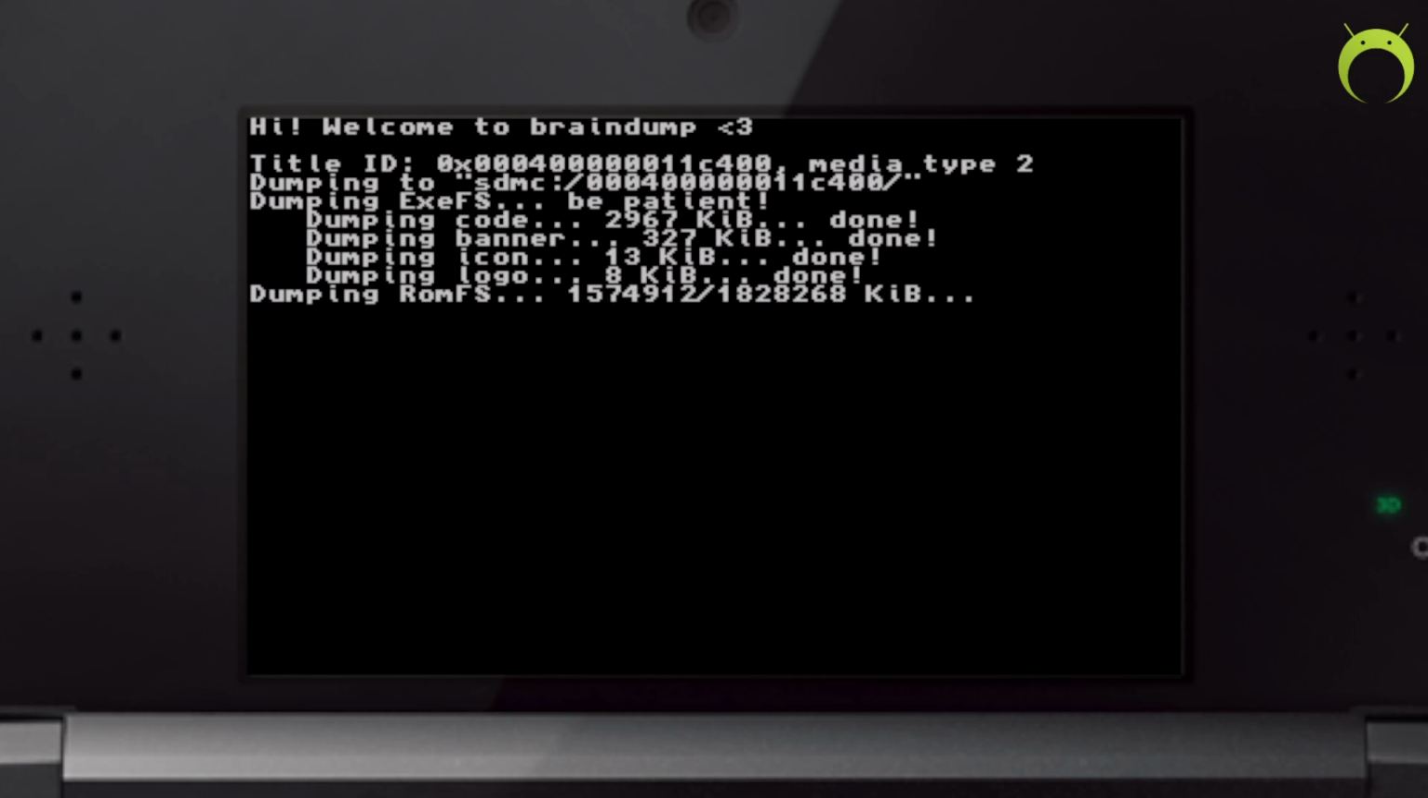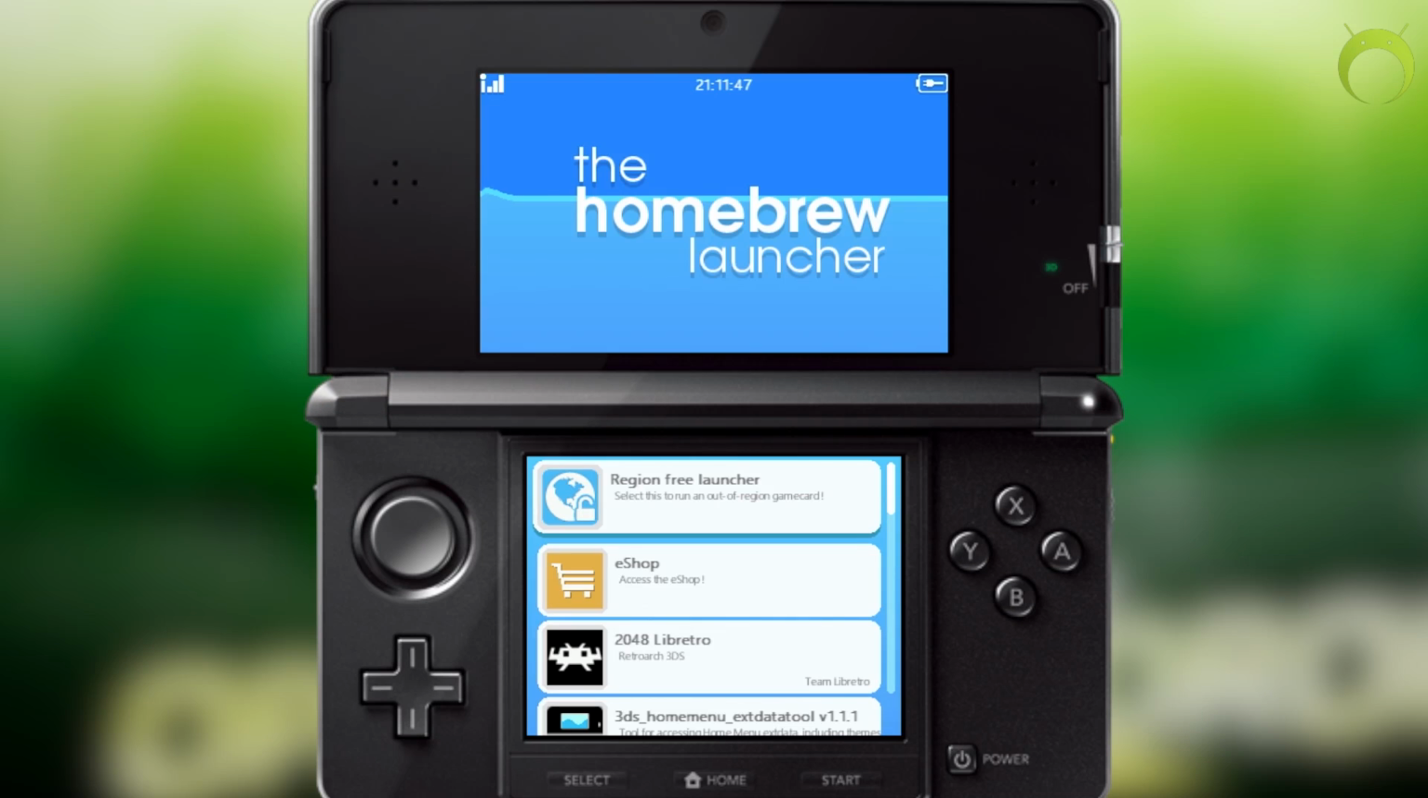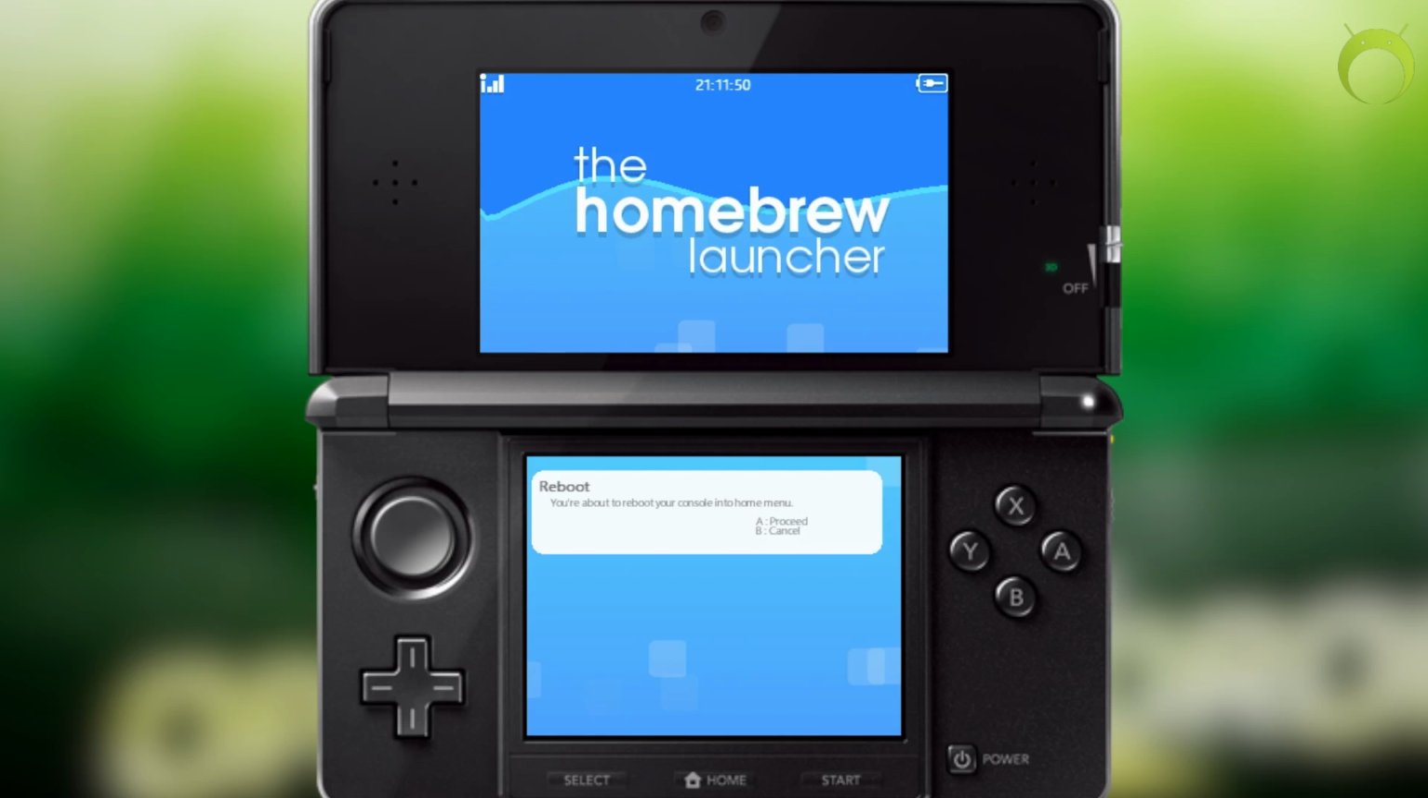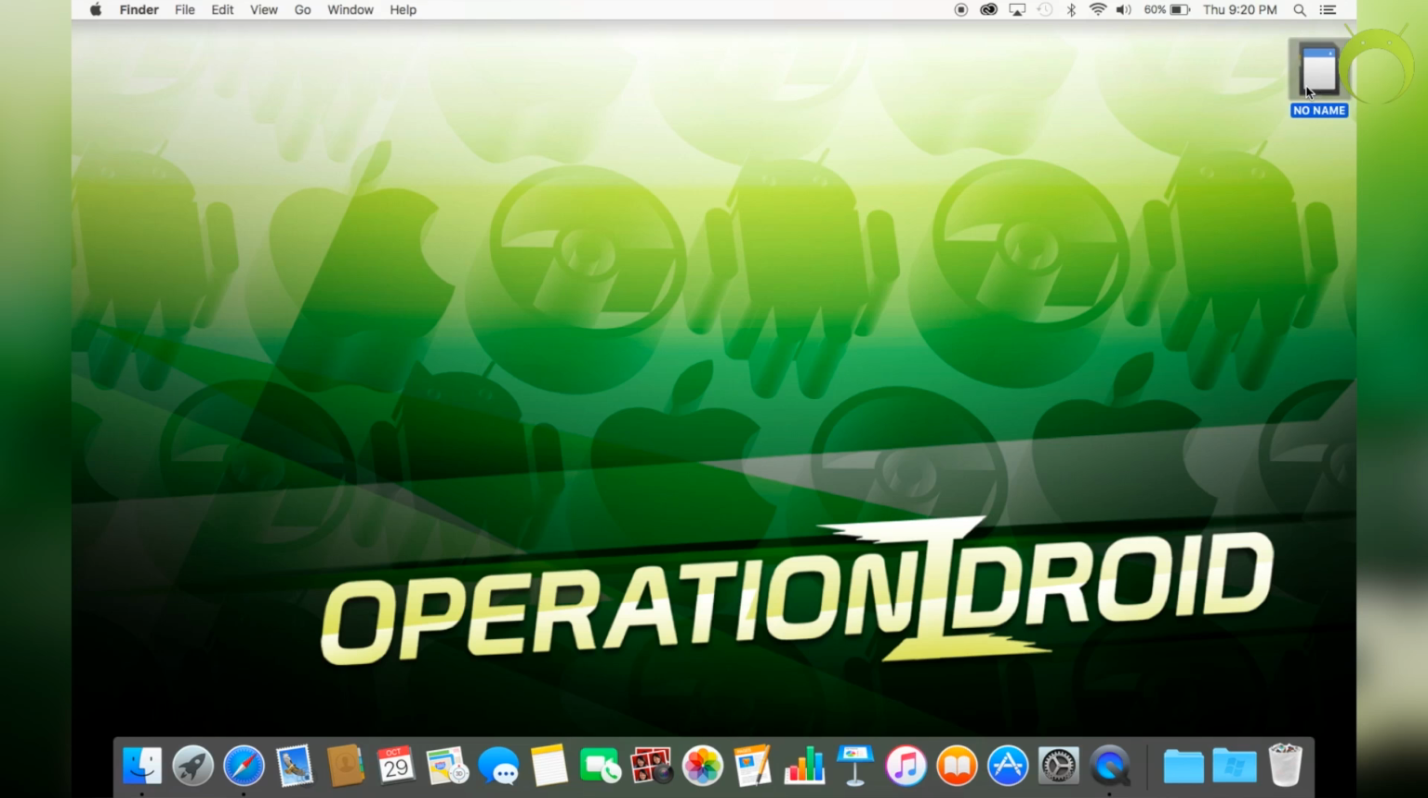This process here will take a long time. I've sped it up for the convenience of this video, but it took me about an hour with my old 3DS, but I heard the newer your 3DS is, the faster it'll be, so expect it to take around an hour, and when it's done, it'll say press start to exit. So press start to exit, then you'll be at the Homebrew launcher, and then press start and A to reboot your device, and now we're going to take out the SD card